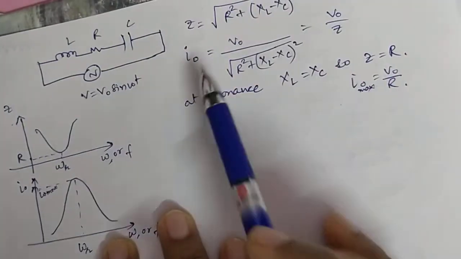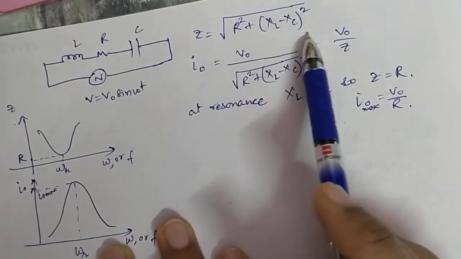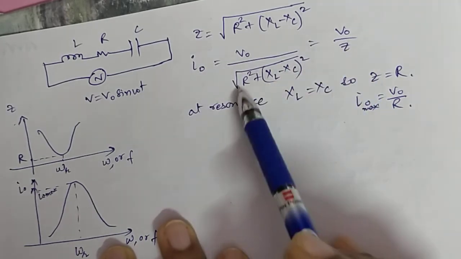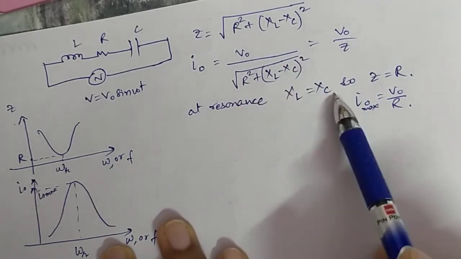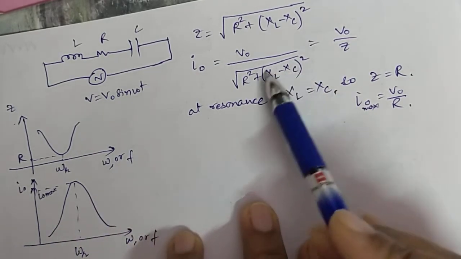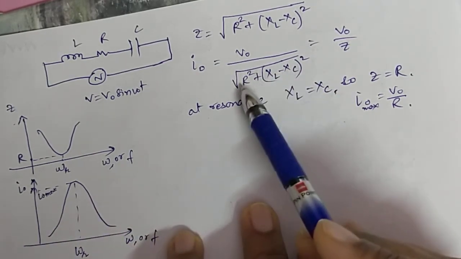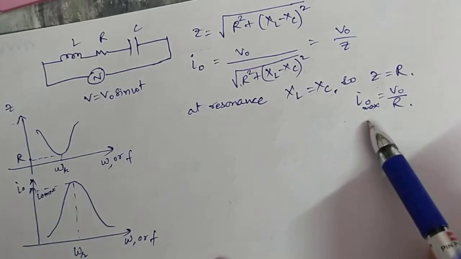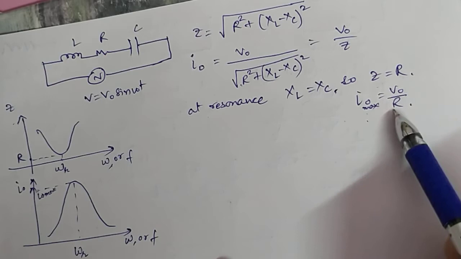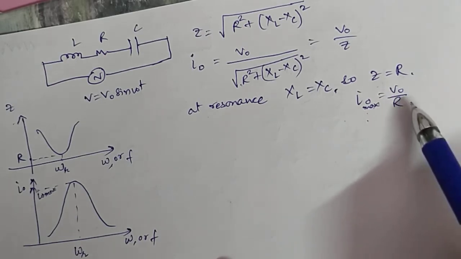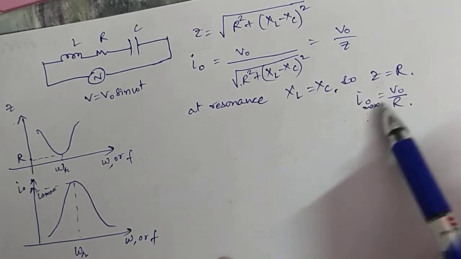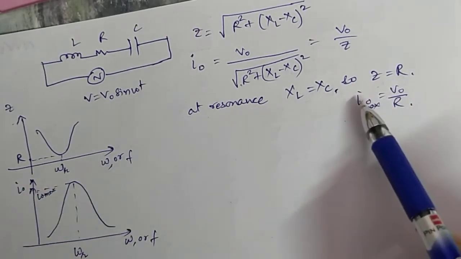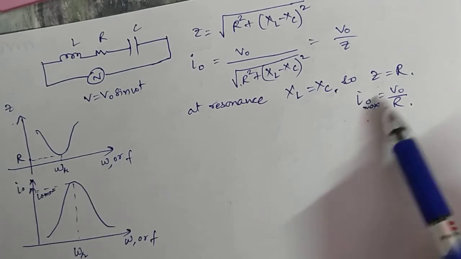Now you see, children, Z is equal to the square root of R square plus (XL minus XC) whole square, and I naught is V naught by Z. Okay, so Z we derived this. At resonance, XL is equal to XC, we have already done. So when you put XL equal to XC, this becomes under root R square, which is R. Z will be equal to R, and I naught will become V naught by R, because Z is the minimum value, R, so the maximum value of the peak of the current is V naught by R. I naught is the peak value of current, its maximum value I naught max is V naught by R.